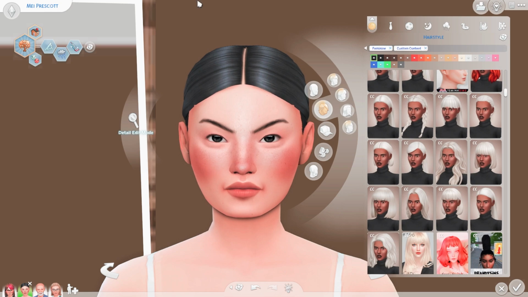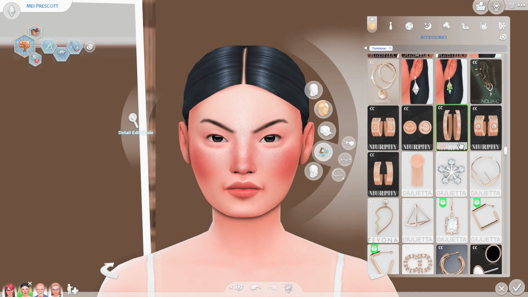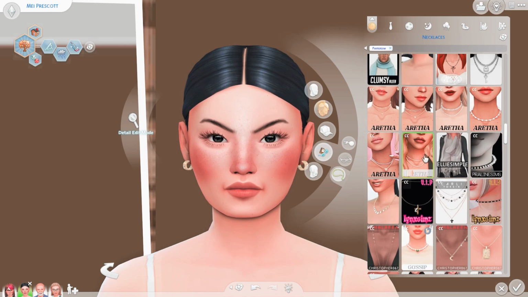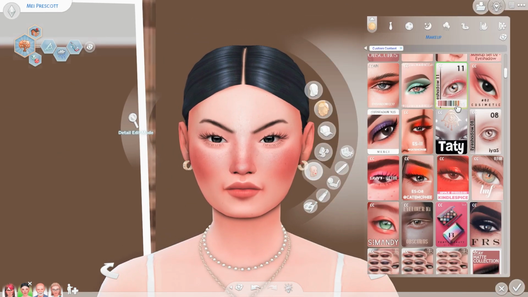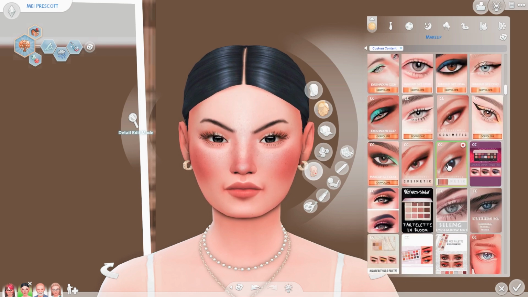I didn't really know what I wanted to do with it, but I decided to just go with a sleeker low bun because I wanted her to be, I used the word headmaster because I see her being this very proper, very put together, classy but also bougie kind of sim. Like she's worked hard at her career. The family's got the money, they've got what they need, but she is definitely still gonna be